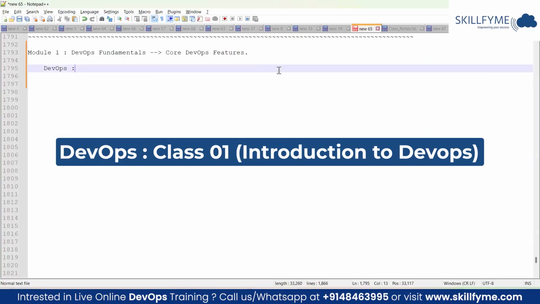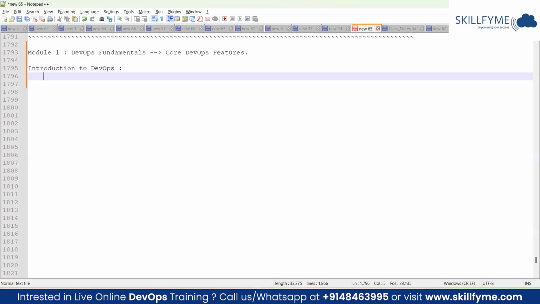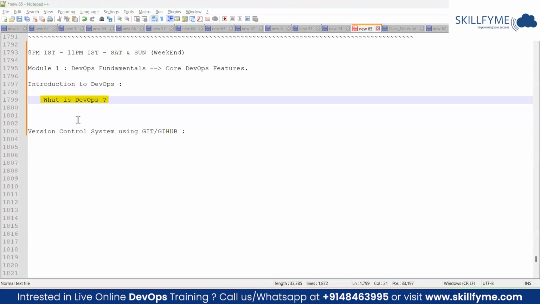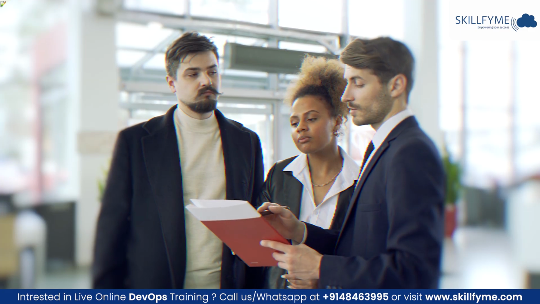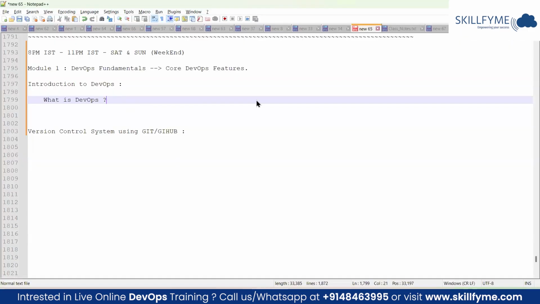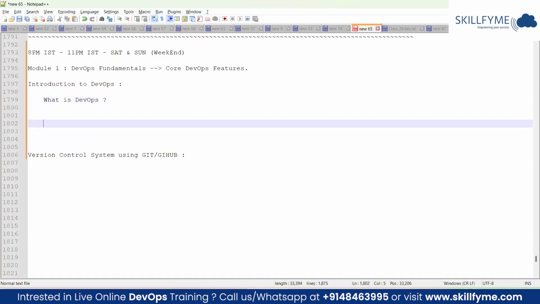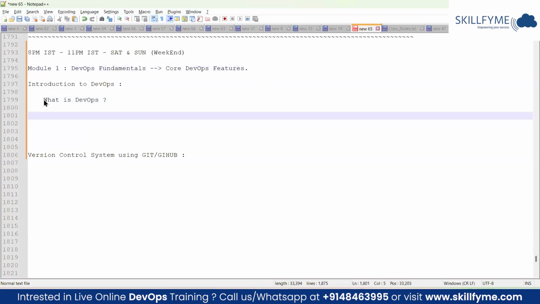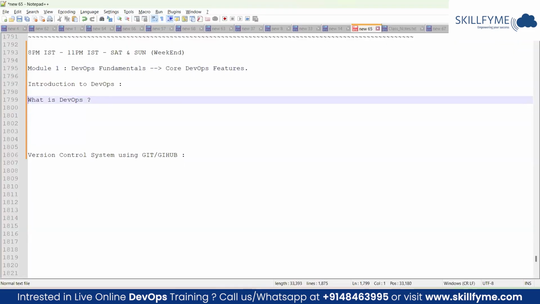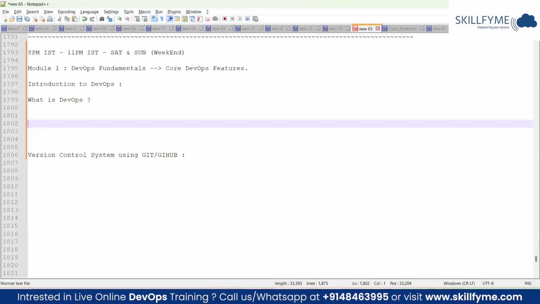What is DevOps basically? Today we'll be having an introduction to DevOps. In order to understand the importance of DevOps, and if you want to confidently face your customers or the clients, you need to understand the fundamentals first. That's why we call it a core. So we need to start from the scratch. Before I answer this question, I want to touch base on some important features.